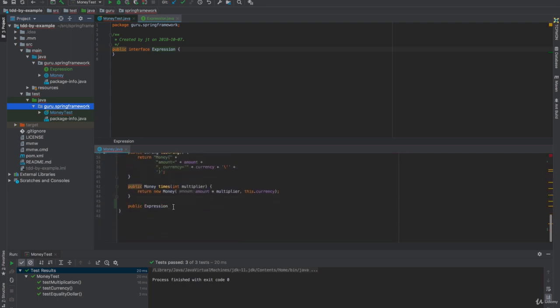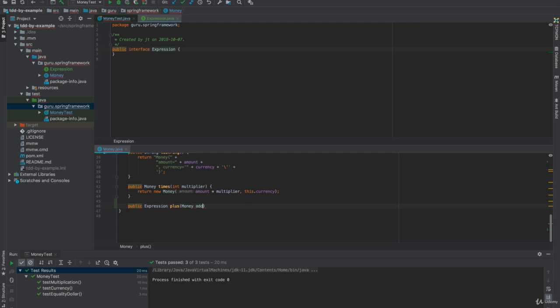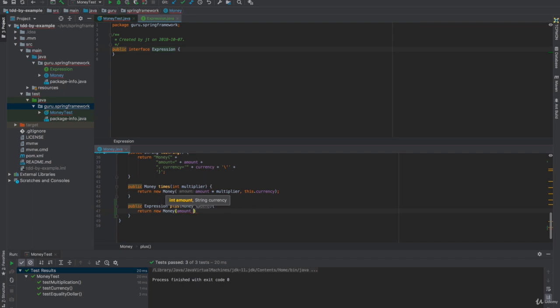Now this should work better. So we're going to implement that. It's going to return back an Expression. And in this case, we're going to make Money implement the Expression interface. So in this case, what we want to return back is new Money, amount plus